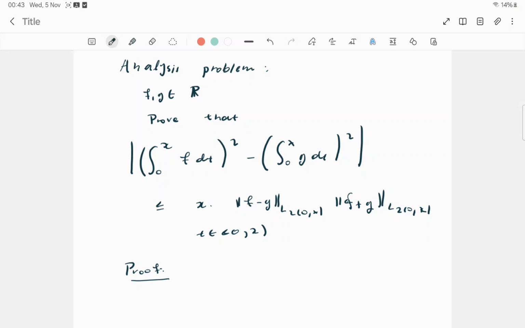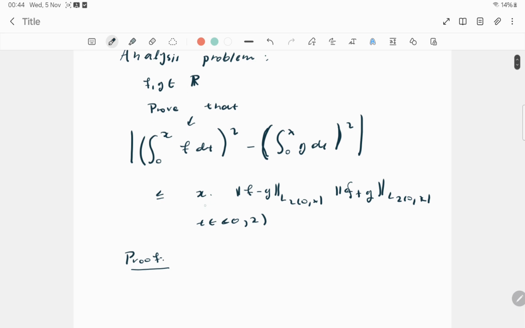So we have this analysis problem. We have two real valued functions f and g, and we want to prove that the integral of f, where the bounds of integration is from 0 to x, that quantity squared, minus the integral from 0 to x of g, this quantity squared, is bounded by x